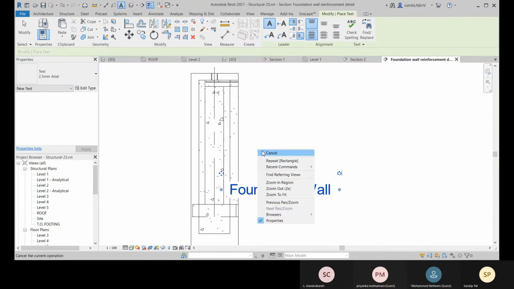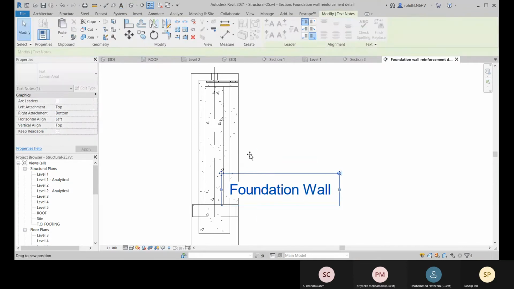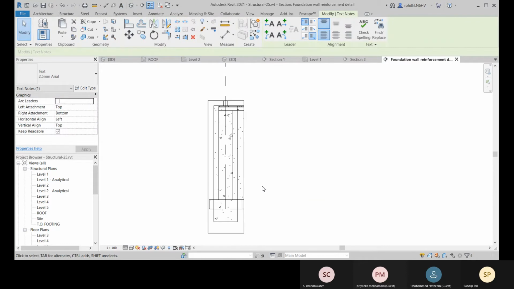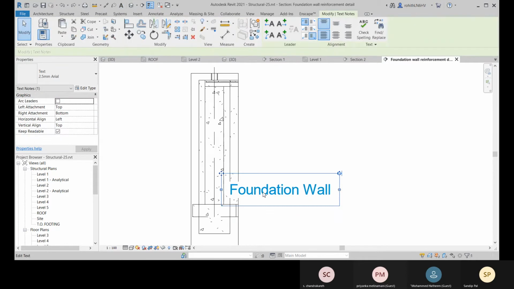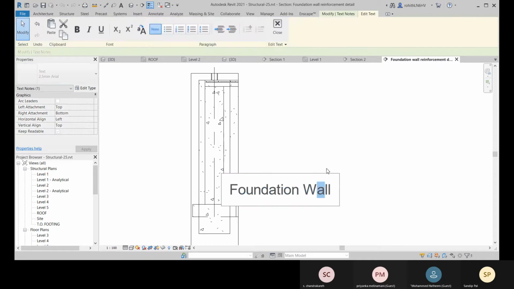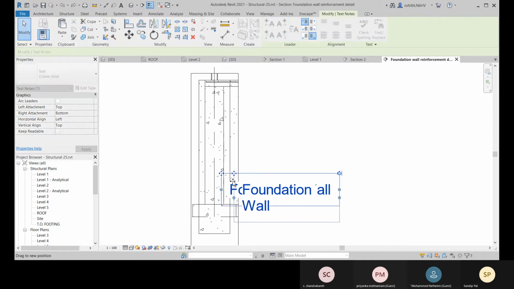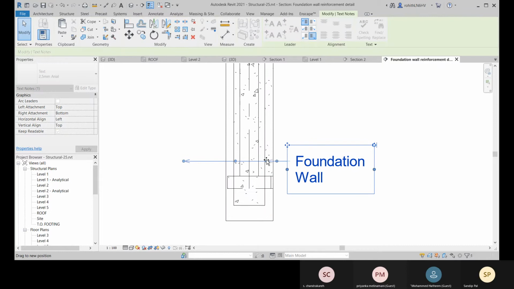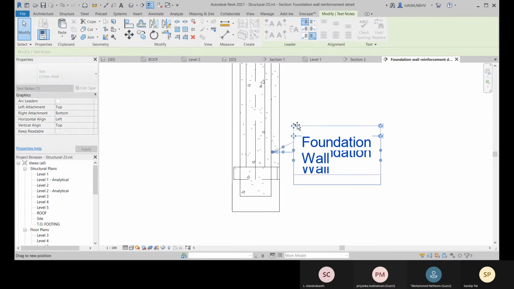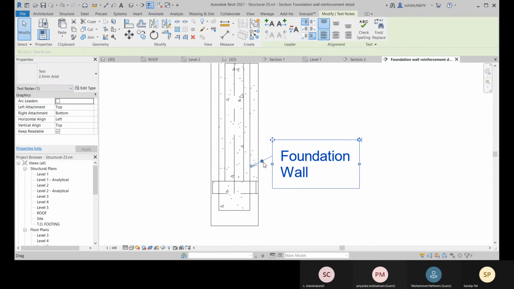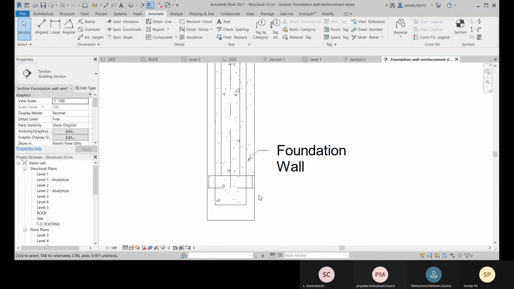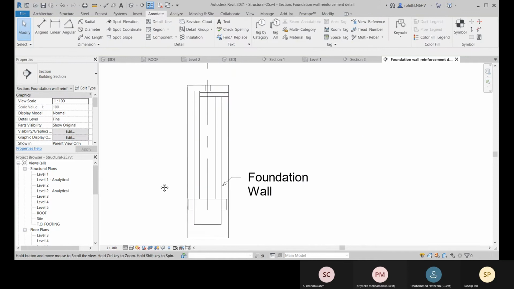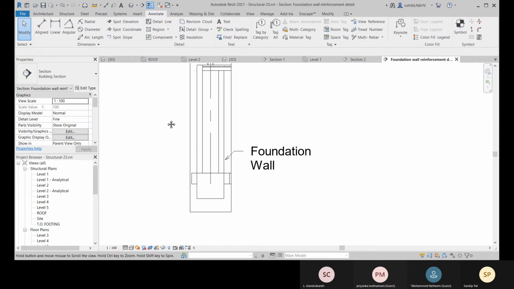Okay, and here you add one leader to the left side. You can place it like this. Okay, and this way you will be providing your detail.